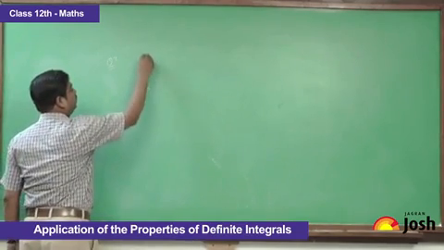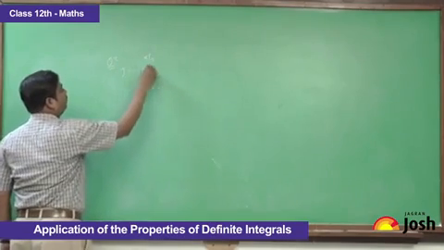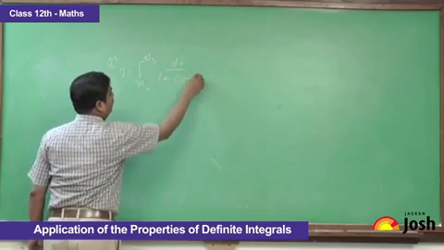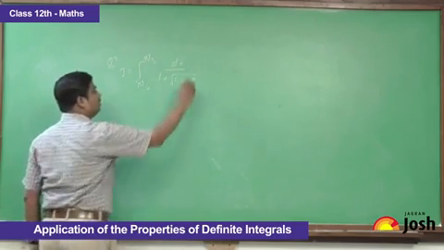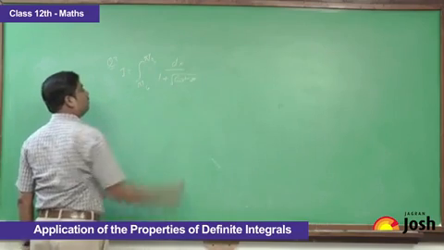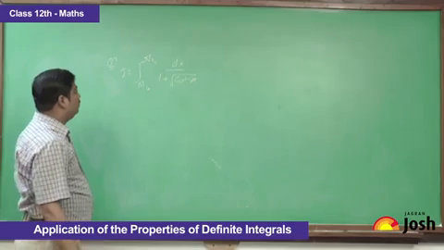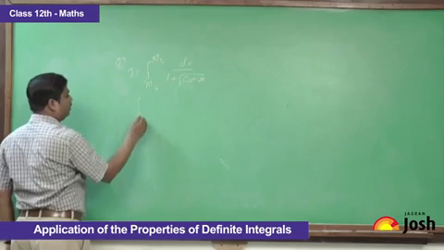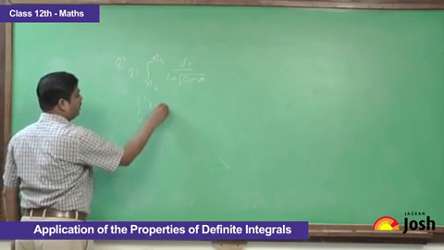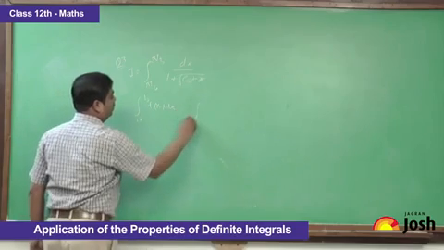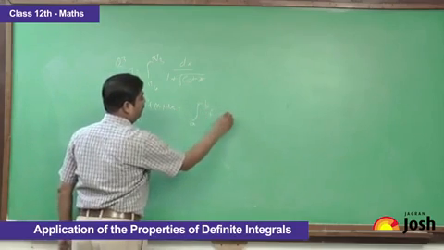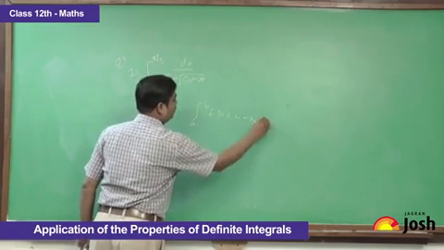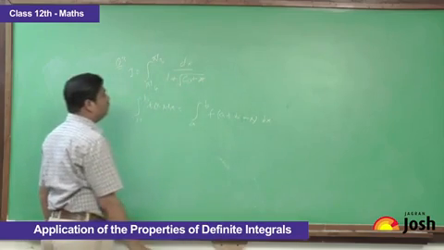The integral from pi by 6 to pi by 3 of dx upon 1 plus under root of cos x. Now, if we use the property integral a to b f(x) dx is equal to integral a to b f(a plus b minus x) dx, then